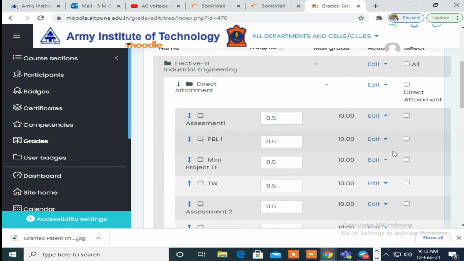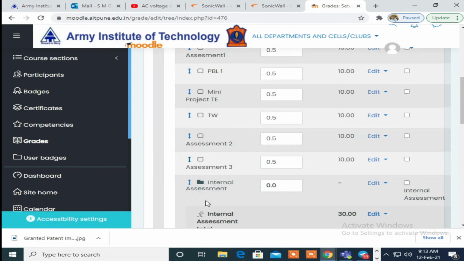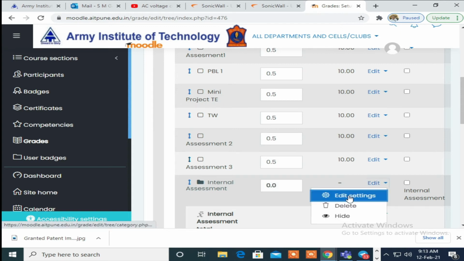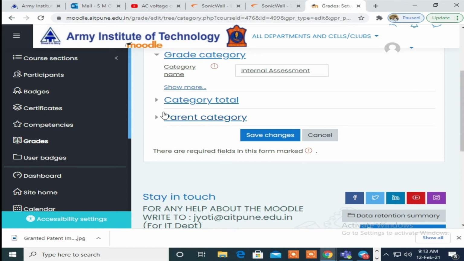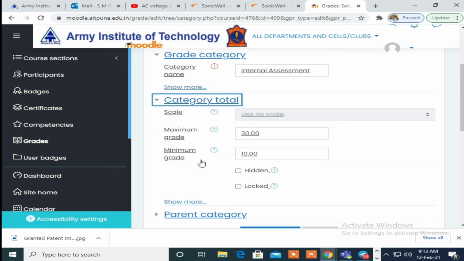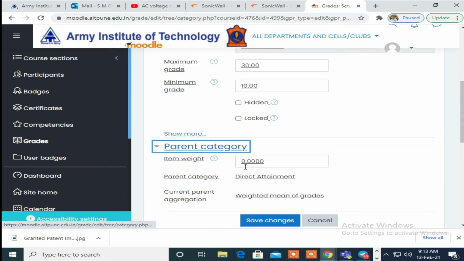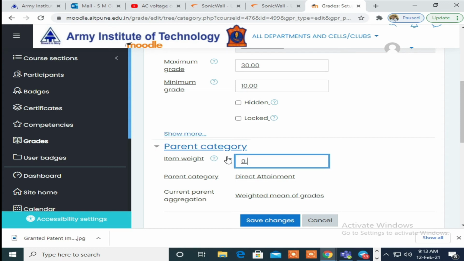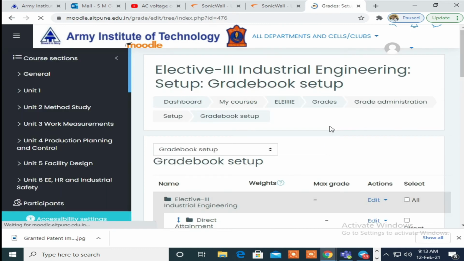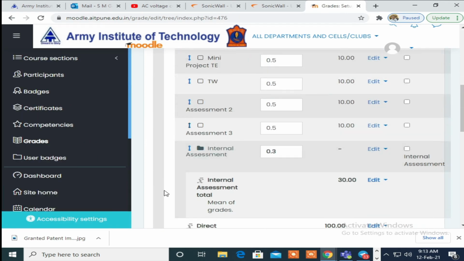Save changes. Go for edit setting and go in a parent category and change the weightage to 0.3. Yes, save change. So this is the way we have added different items under internal assessment,